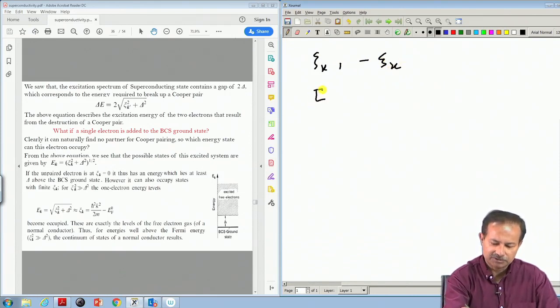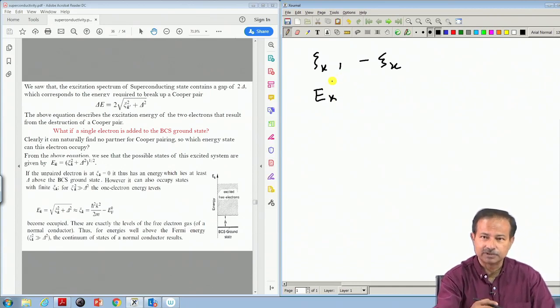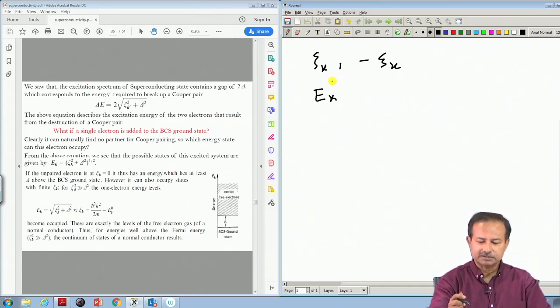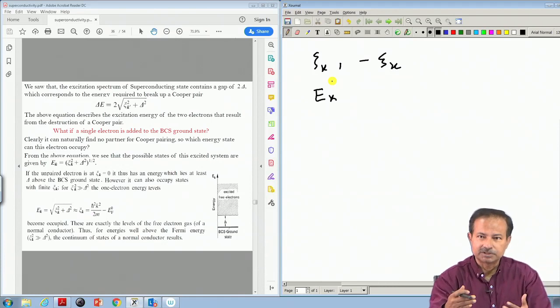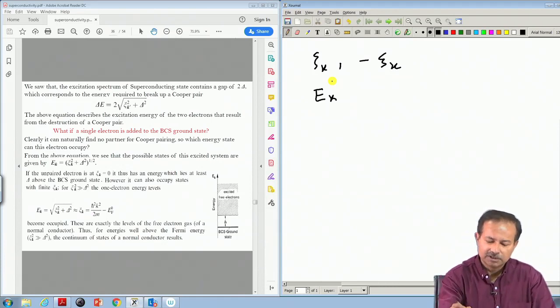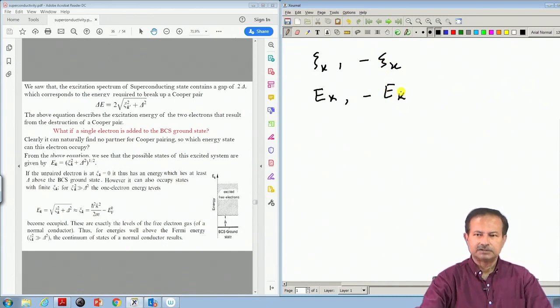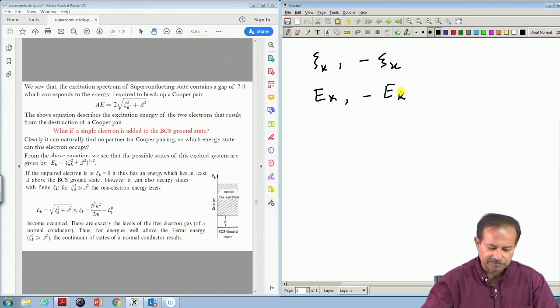Here similarly, if you want to add a quasiparticle, these new excitations which are a mix of holes and electrons, then you have to give this energy. If you want to add the corresponding hole-like one, you have to give an energy minus E k. So, if you look at the spectrum,